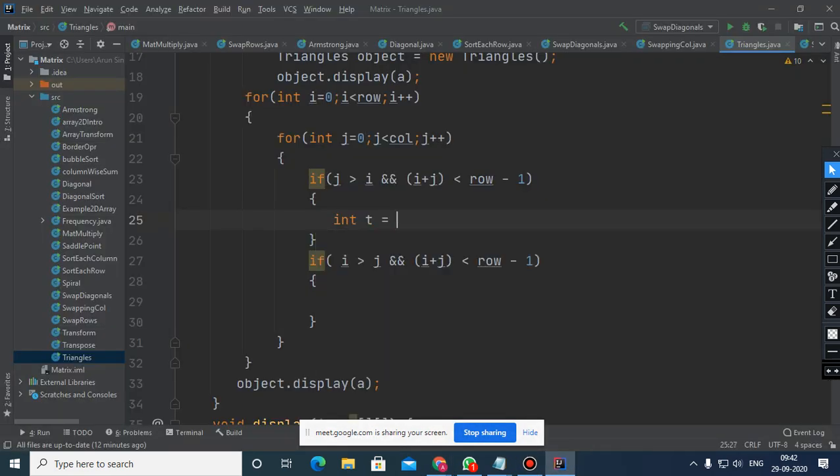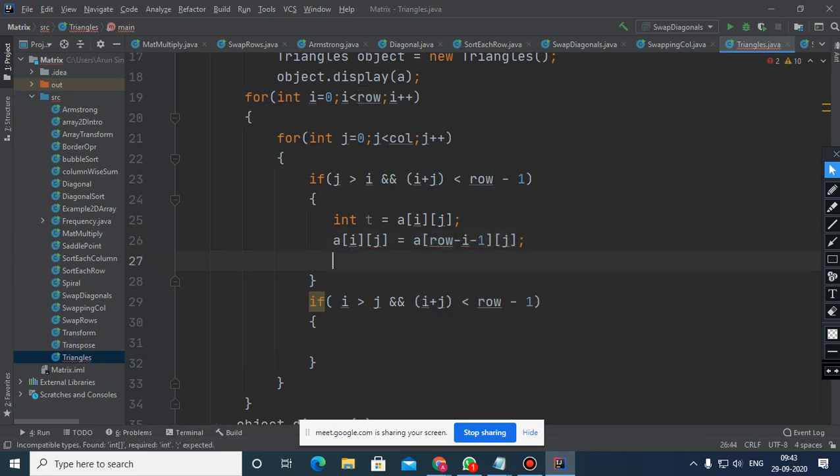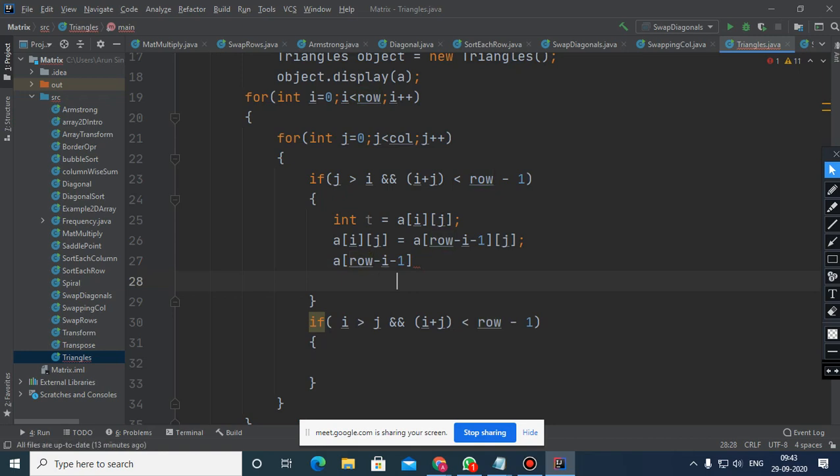So int t will be a of ij, and a of ij will be a of row minus i minus 1 of j, and a of row minus i minus 1 of j will be t. So this is for the